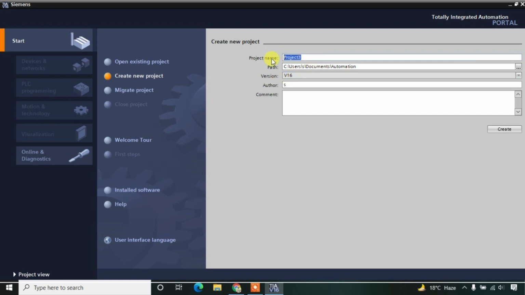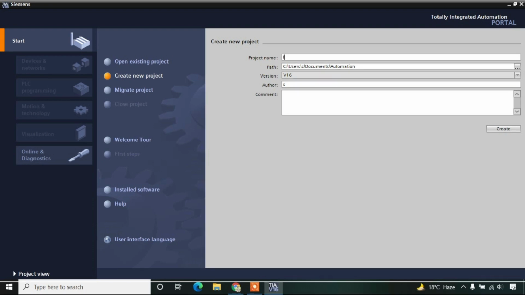Suppose we write here instrumentation tools. And just click on the create button, right?